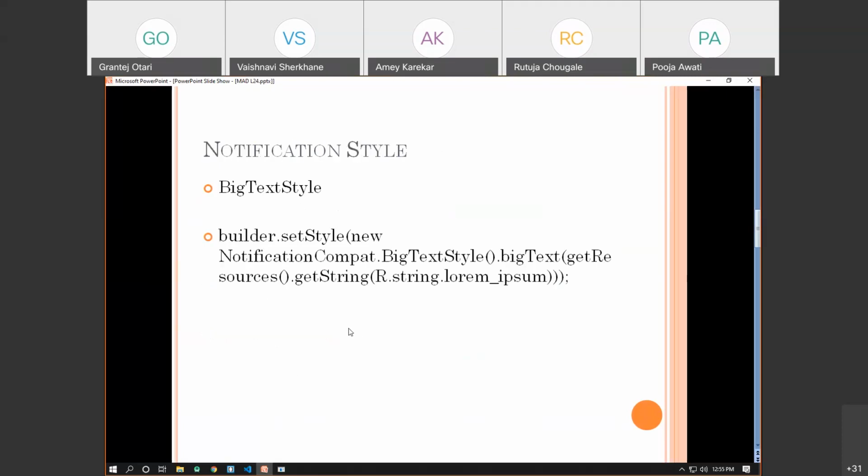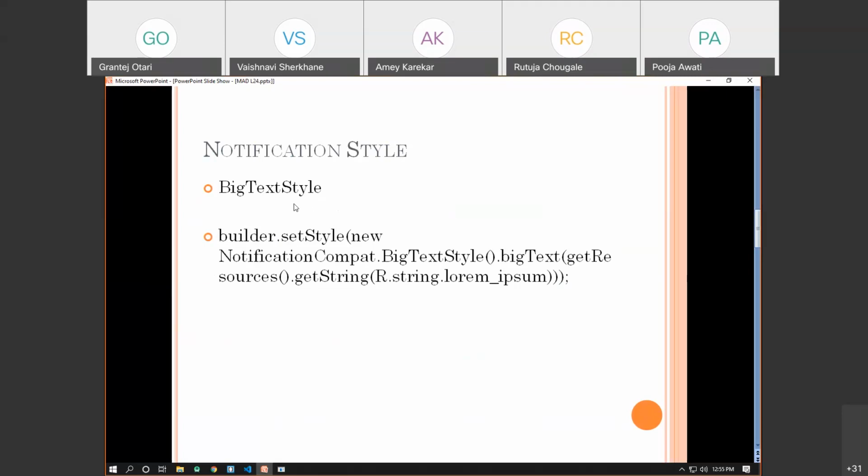Okay, so let's see the first notification style. This is basically called the big text style. If you are writing some app where you are going to post some kind of news to your app via the notification, then the big text style is useful.